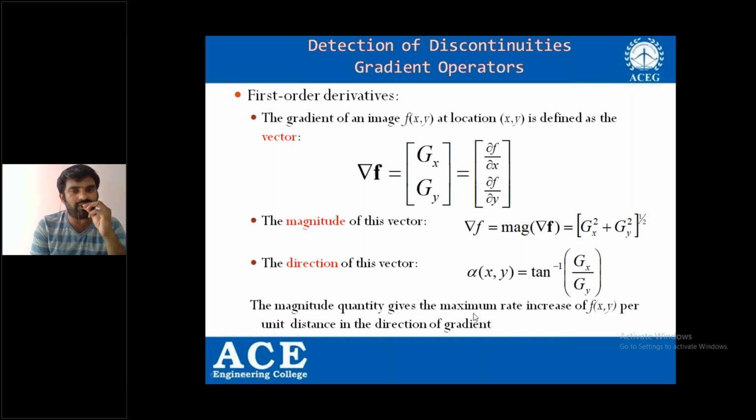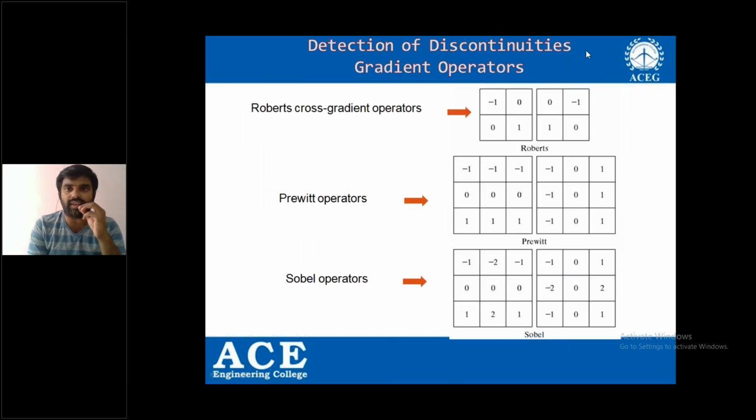And the magnitude quantity gives the maximum rate of increase of f of x, y per unit distance in the direction of the gradient. So what do you mean by this del f? This del f will give the maximum rate of increase of f of x comma y per unit distance in the direction of the gradient. This gives the direction. In which direction we have more gradient can be observed by using these direction and magnitude values. And in image enhancement, you might have studied these particular gradient operators for the edge